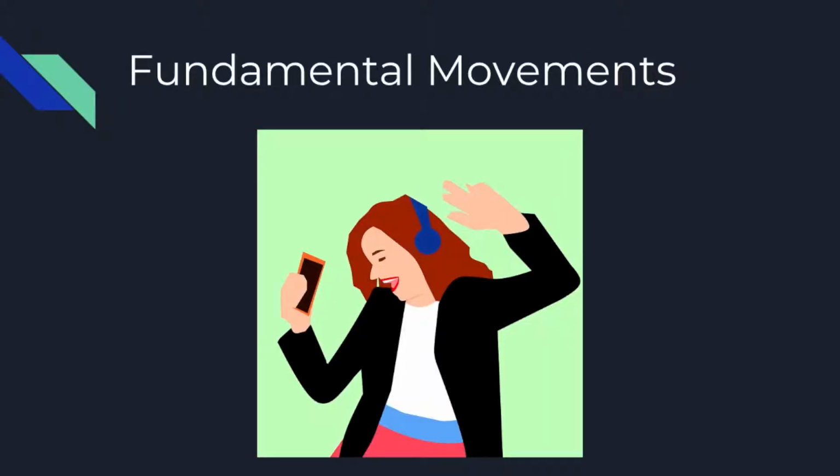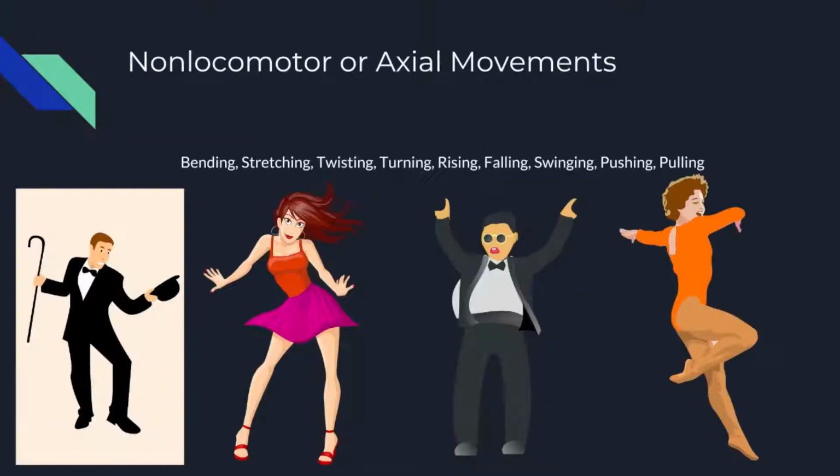Continuing on with creative dance, the next part is fundamental movements. Fundamental movements of the body in motion include non-locomotor and locomotor movements. Non-locomotor movements are performed on a stationary base. The person is standing or sitting in one place. These are also known as axial movements because the movements are performed around the axis of a body. Examples of non-locomotor movements are